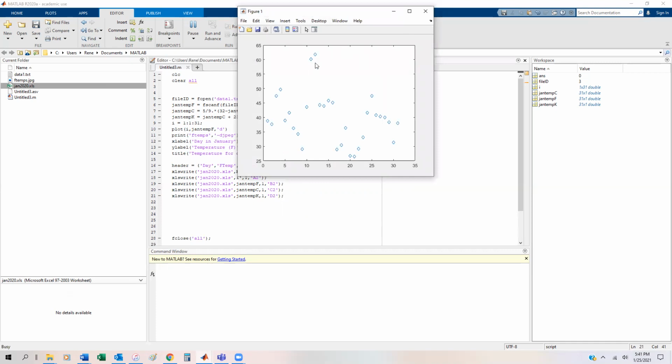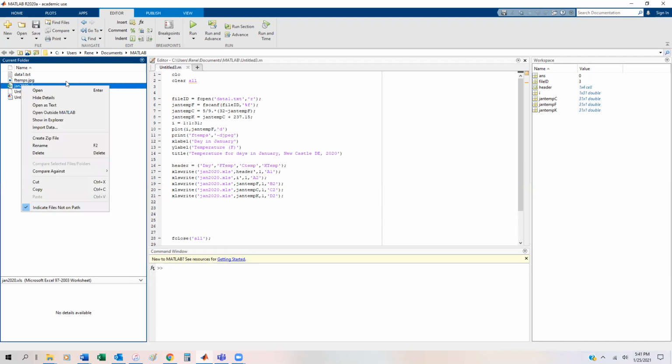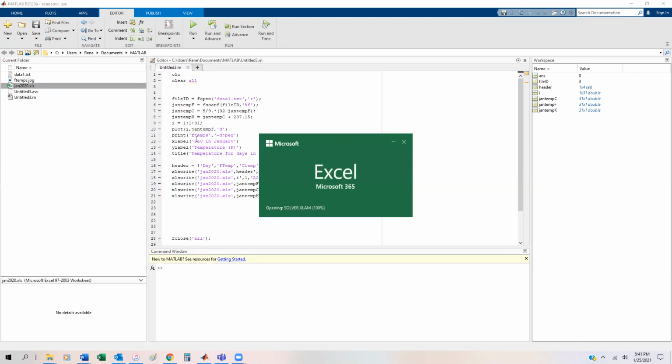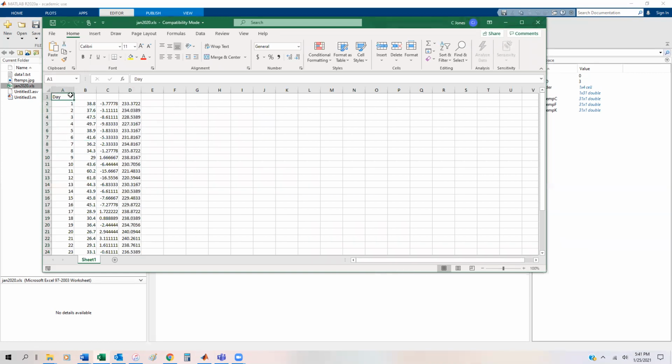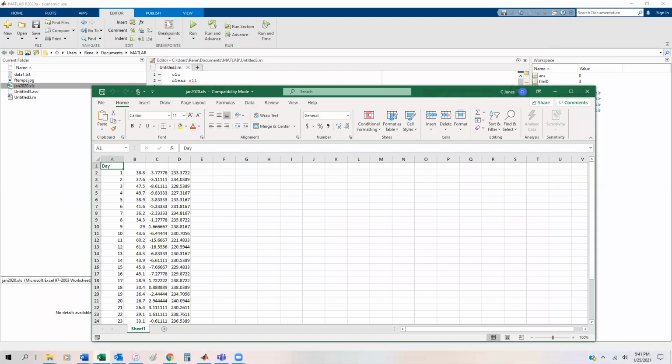All right, so there's this guy again. And there, I was worried because it wasn't showing up with the proper labels. All right, I'm going to open this animal up. And I always close out Excel each time. So it has the day, but the other ones are missing. And I'm not sure where they are. So it should have printed this across. I'm not sure where those guys are. So unless I need a semicolon between those. But I think I did that correctly. So let's go ahead and try a semicolon, although I'm almost certain that it's going to be